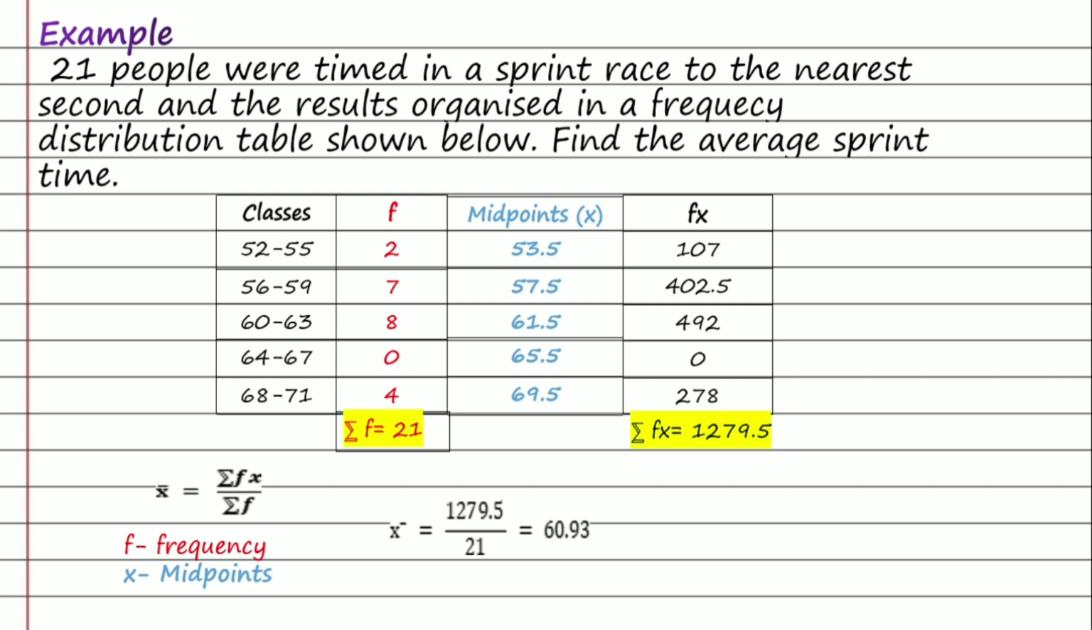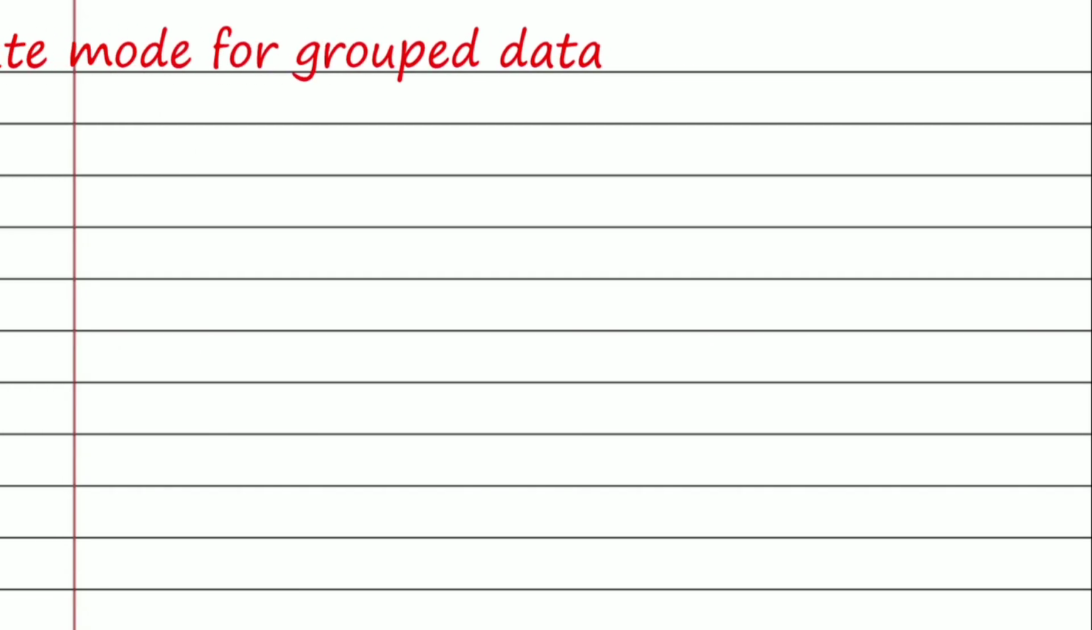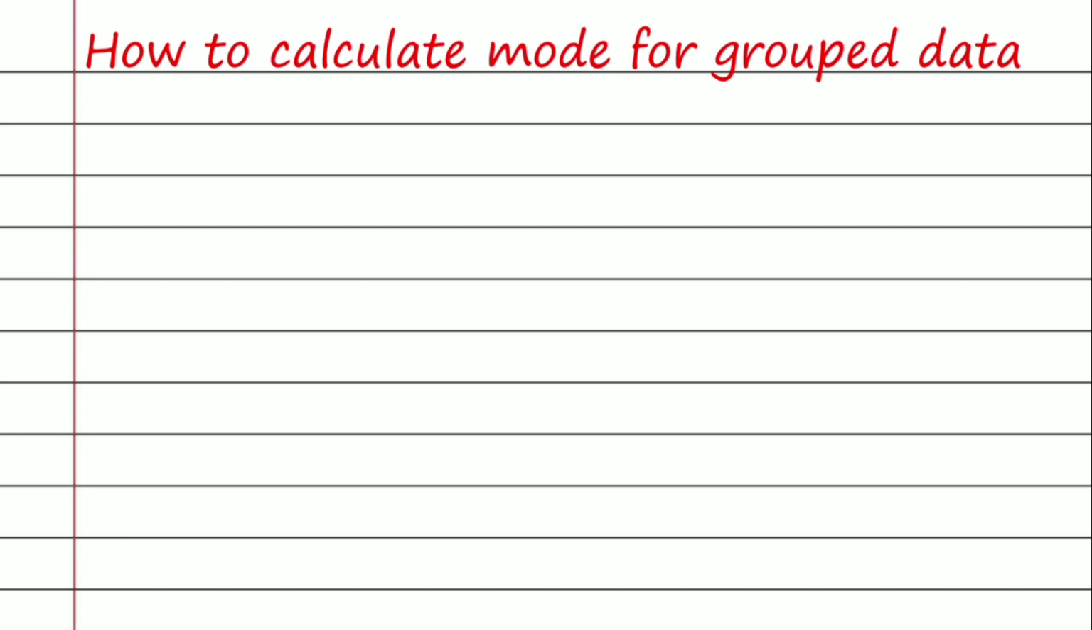Alright, now let's tackle finding the mode of grouped data. Remember, the mode is the most frequent value, the one that appears most often in our distribution. Here's the formula we'll use,